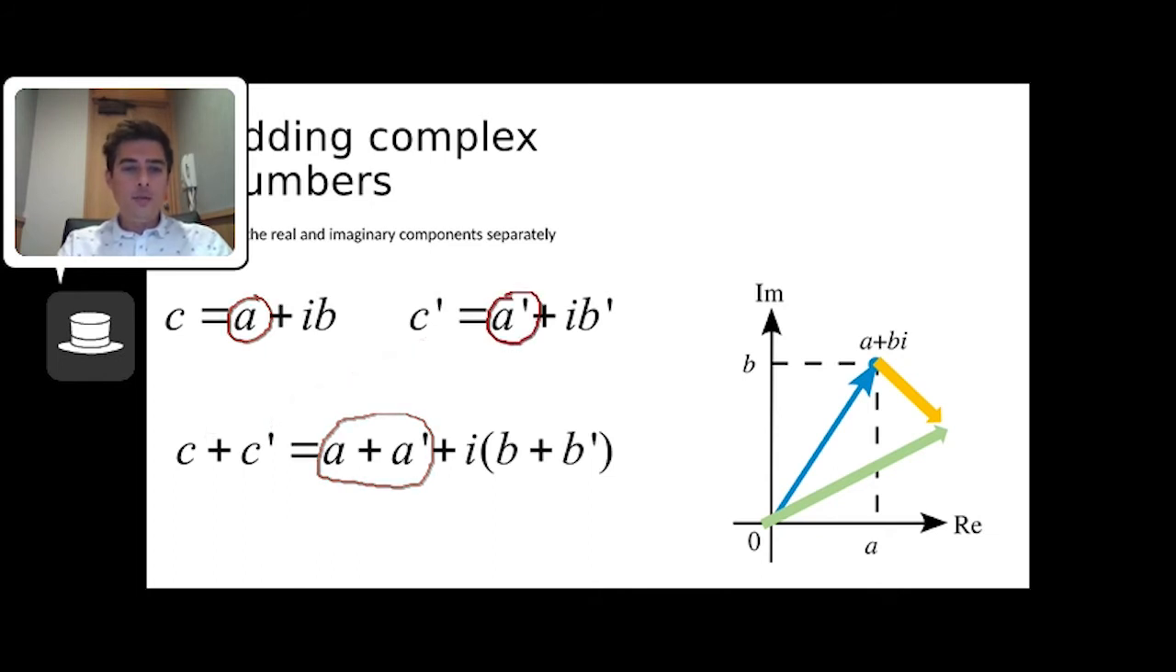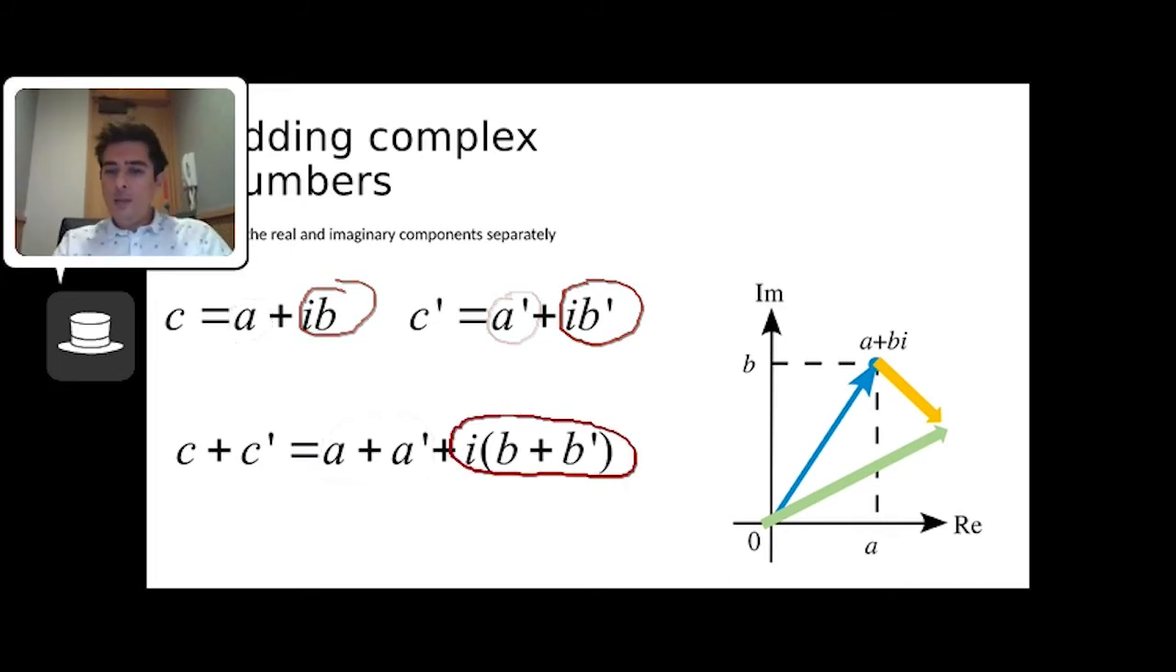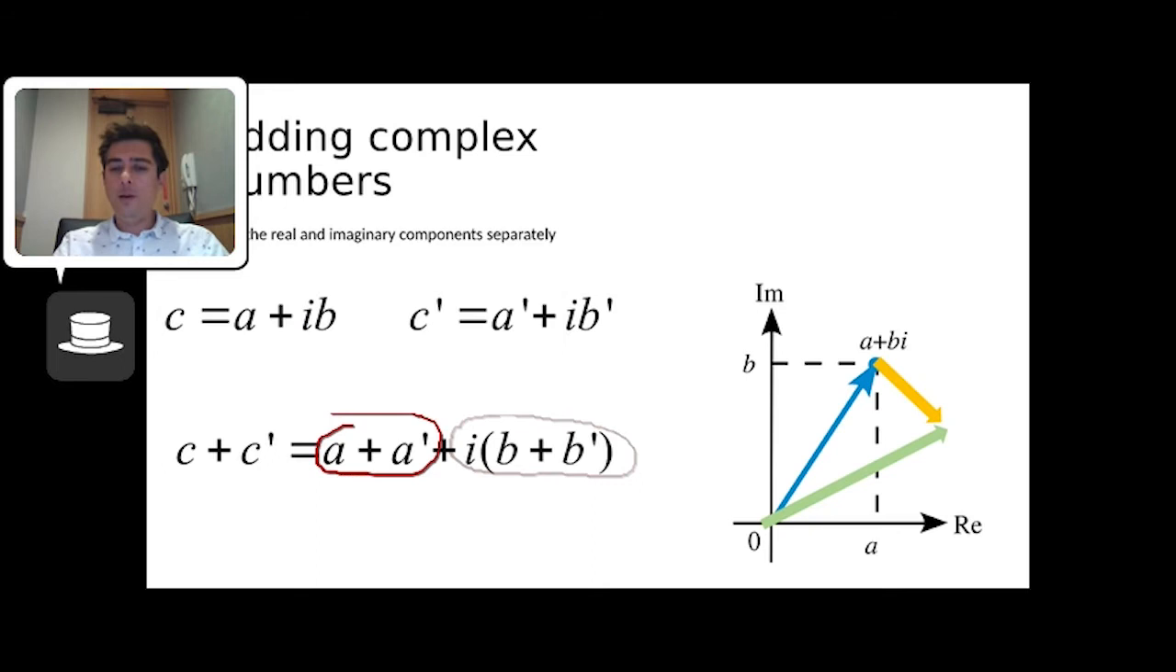And then the imaginary parts are this ib and ib prime. Because they've both got an i there, let's collect the i and put brackets around that. And so this is basically our new complex number. The real part of the complex number is a plus a prime, and then the imaginary part is b plus b prime. So if we were to plot this,